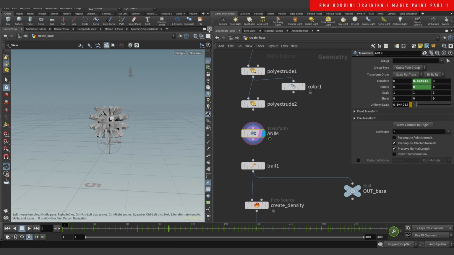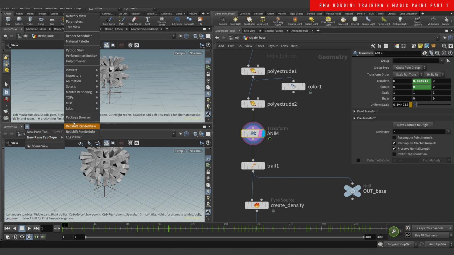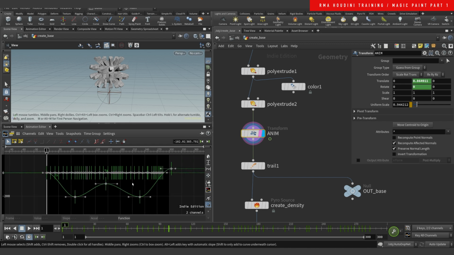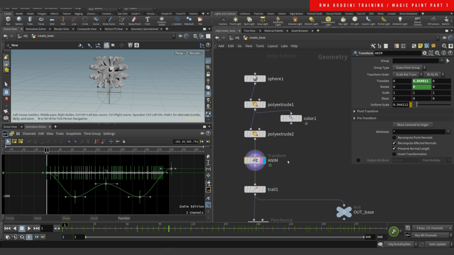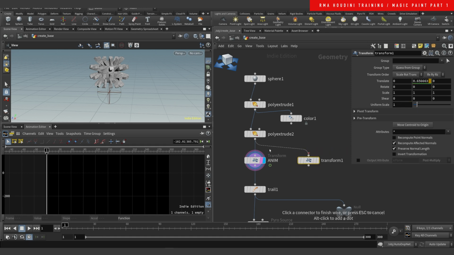So I like to split top and bottom, and do my animation stuff in here, the animation editor. And here you can see what's happening on my curves on the animation. So there's multiple ways of animating in Houdini. Of course, we can do it procedurally. If we do a transform, we put this down here, you will see that I can basically on this transform,